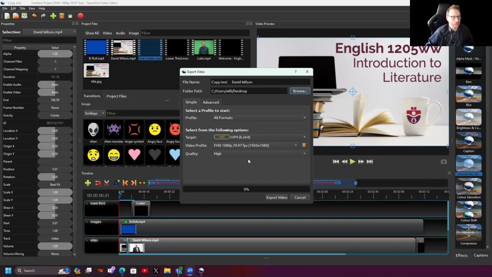You can choose whatever format you want, but just remember that certain formats work better on certain systems, like QuickTime files work better on Macs. MP4s are pretty universal. It just depends on what your end result is. You can also choose the level of quality you want, high, medium, low. That'll also determine the size of your file and how long it takes to render. So if I say export video now,